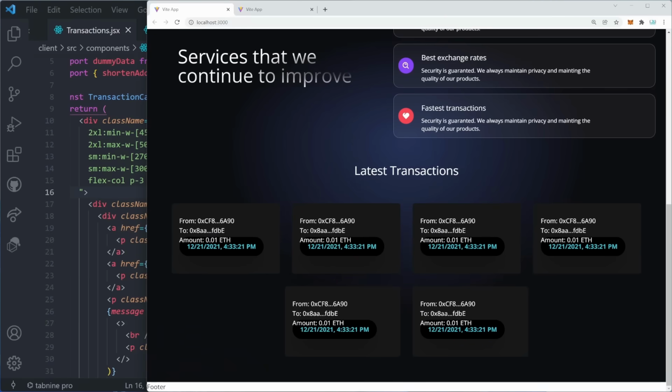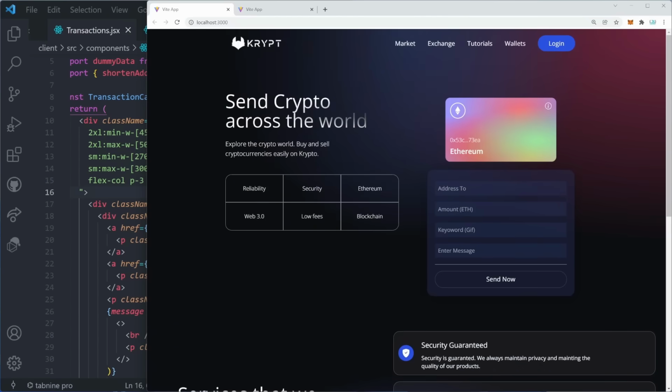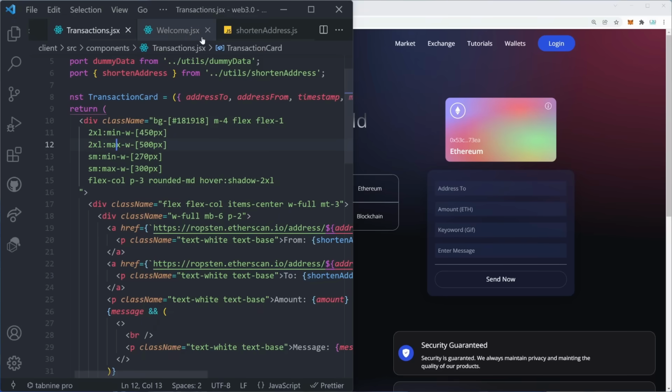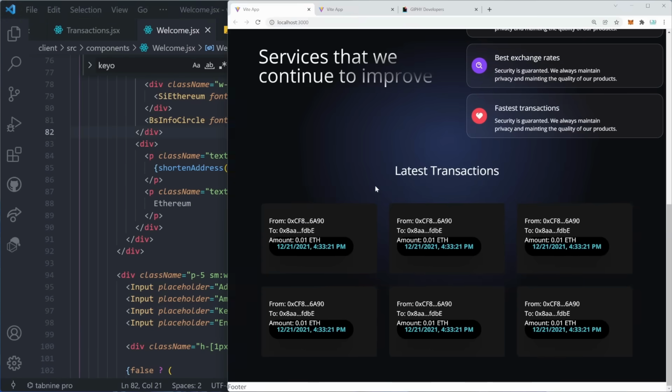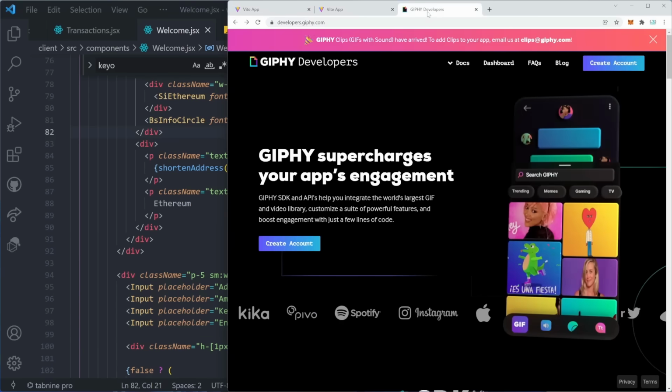Of course, this is not yet aligning properly because we don't yet have a GIF corresponding to our keyword that we're mentioning right here. And we can also fix this keyword right here. I noticed that I misspelled it. So let's search for keyword. And let's remove this O, which is a typo right here. That's a lot better. To fetch our GIFs, we're going to use